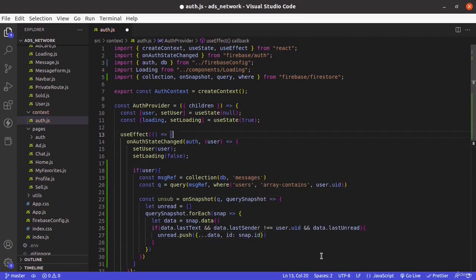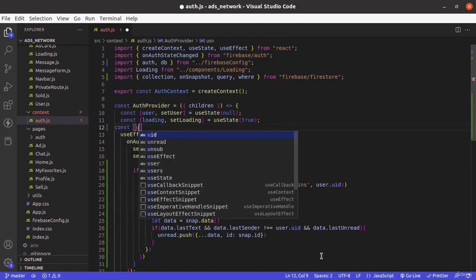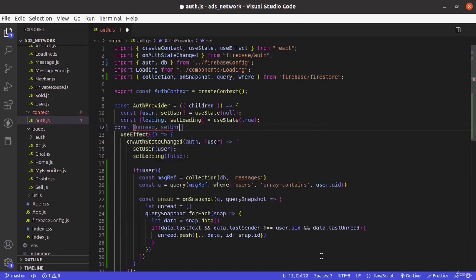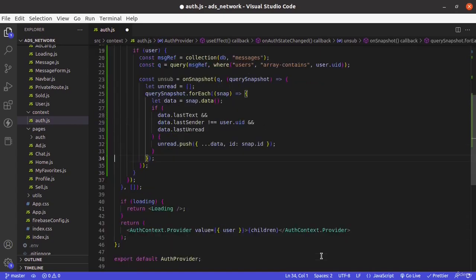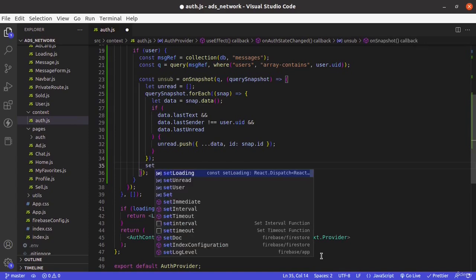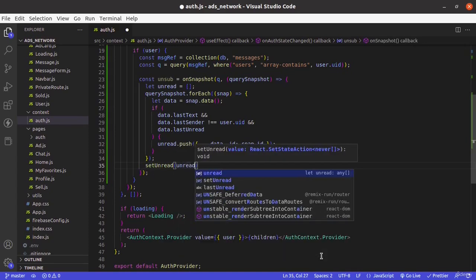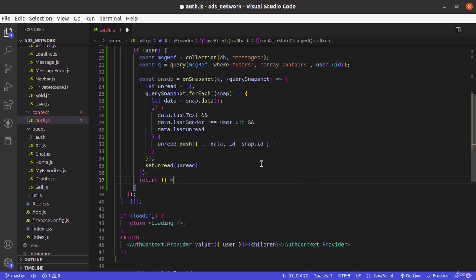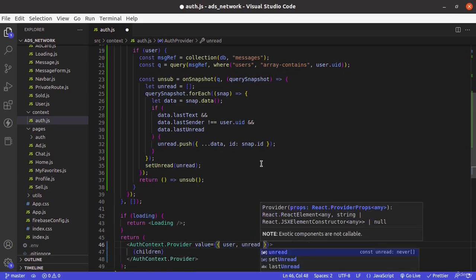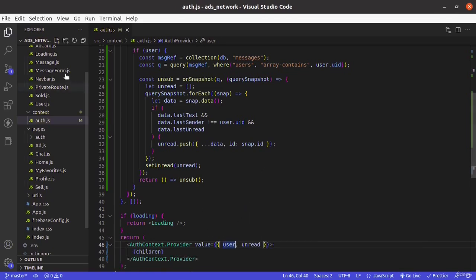And now let's create another state here, const unread, setUnread, useState, an empty array, and here after this forEach, setUnread, and we will pass this unread array. And then let's return a cleanup function where we will unsubscribe from the snapshot listener, and we will pass this unread here. Now in navbar